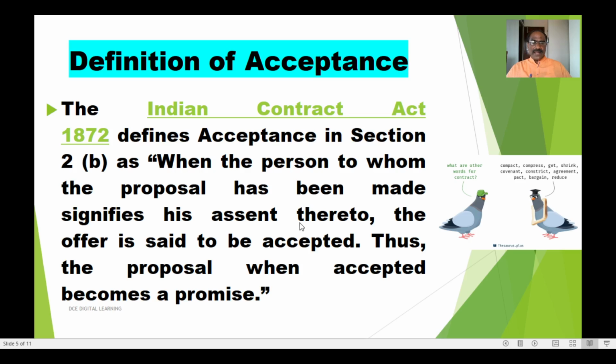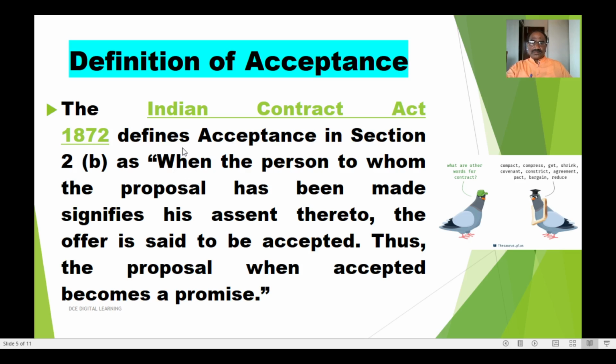ಈಸ್ ಕಾಲ್ಡ್ ಆಸ್ the acceptance of the offeree. Here there is an occurring of the acceptance. Here there is an acceptance by the offeree. Thus the proposal when accepted by the offeree, then it will become the promise. So here this is the definition of the acceptance given by the Indian Contract Act of 1872 under section 2